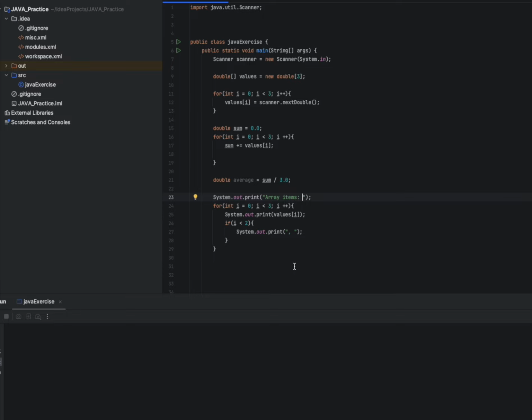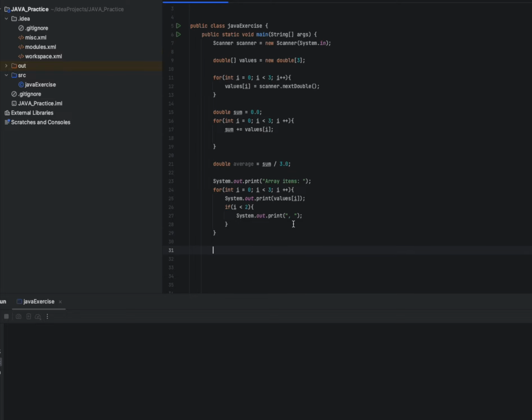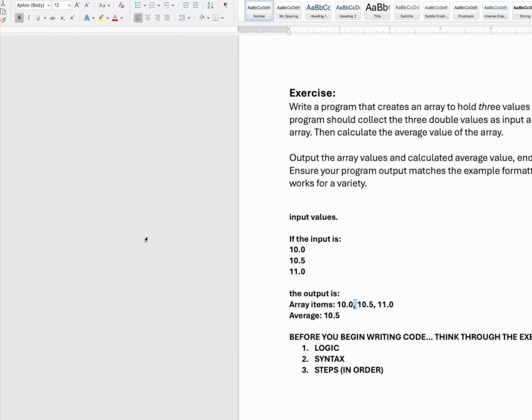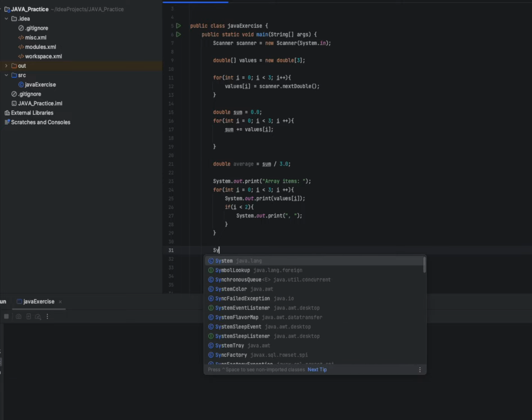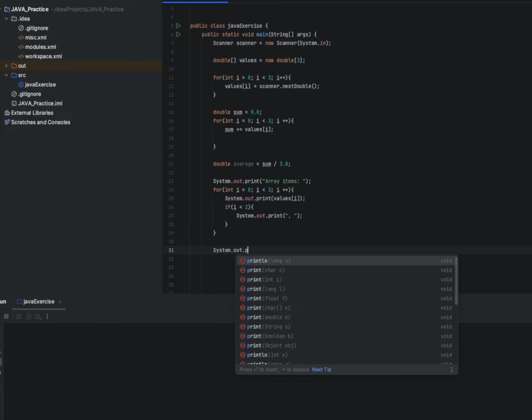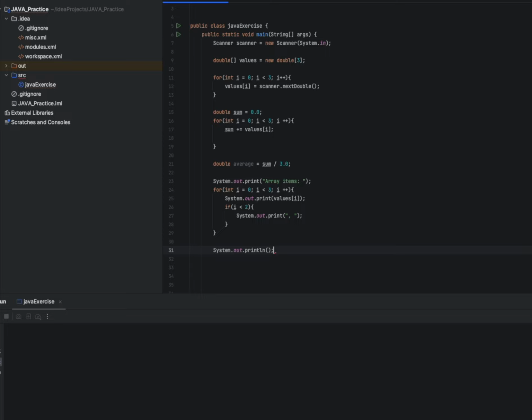So the next thing we need to do is to print out our average, but you got to pay attention here as well. So they want it printed out on a new line. Remember that? They don't want this bunched up here. It's a new line with average. So how do we achieve that? Very simple. You just System.out.println. That's it. Creates that space, that new line for us,